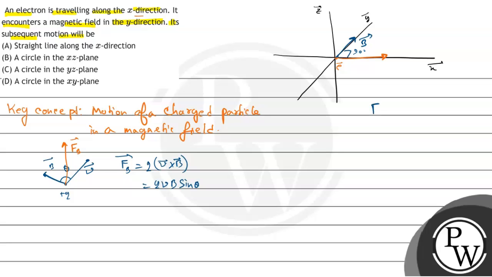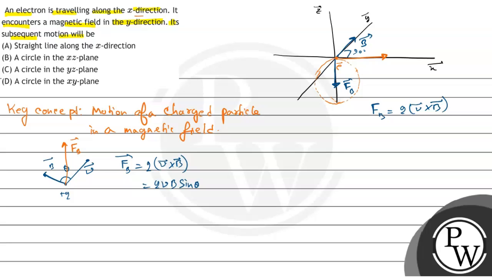And what we know, that magnetic force, that is Fb, is equals to q into v cross B. So from here you can find the direction, that is in the minus z axis direction. That will be the direction of the force due to magnetic field, right? So if we see the motion of this particle, so this particle will do a circular motion like this, right?